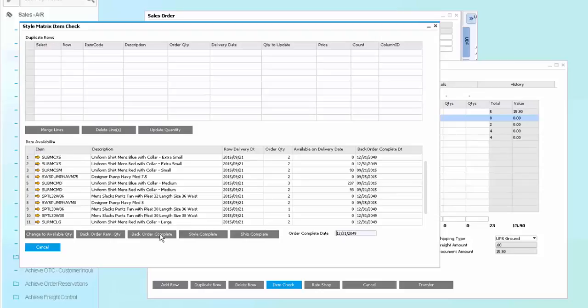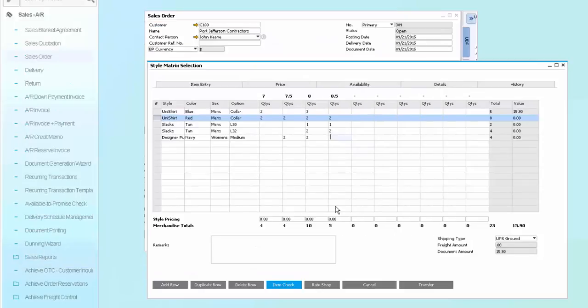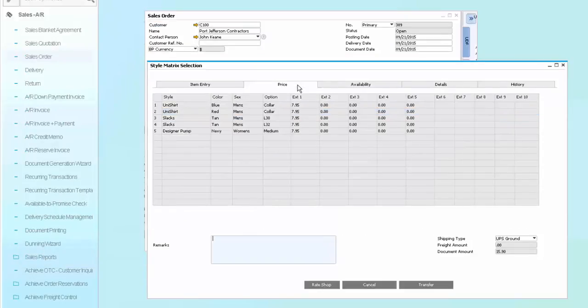remaining quantity, back order complete, setting the entire order to back order, style complete, which allows me to ensure that I ship an entire style together. So all of the men's red shirts, for example, or ship complete, which will ship the entire order at the latest possible date. Additionally, I have the ability to come in here and take a look at the pricing data